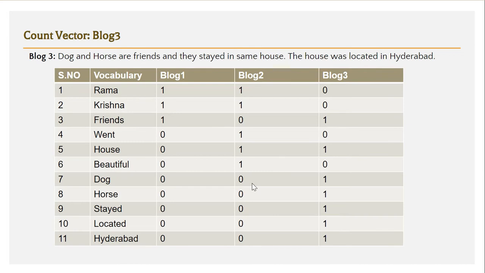And as a next step, we created the count vectors. So what are these count vectors? We have taken one word in this vocabulary and we have counted how many times that particular word has repeated in each and every blog post. And that count we have entered here. If it has repeated once, we have entered it as 1, and if it hasn't appeared, we have marked it as 0. For example, if it has repeated twice, we must have put 2 here. Basically, we counted how many times each of these words appeared in the blog post. Till this point we have done in our previous videos.